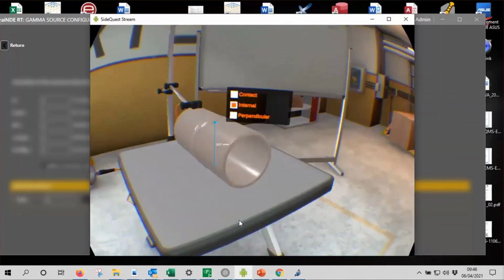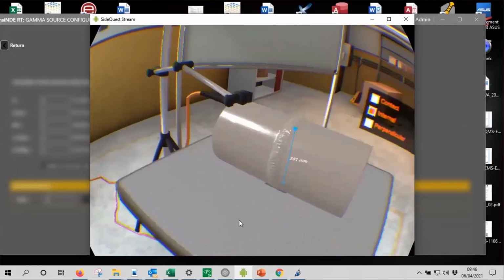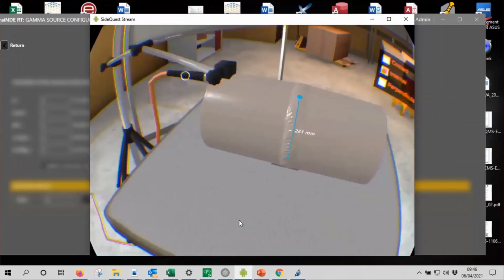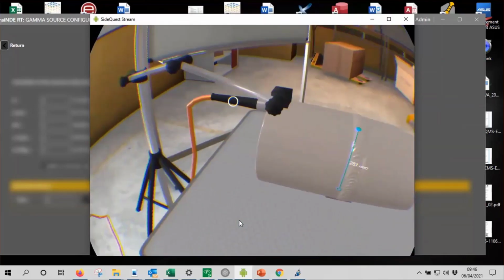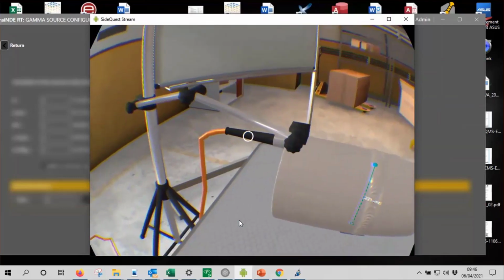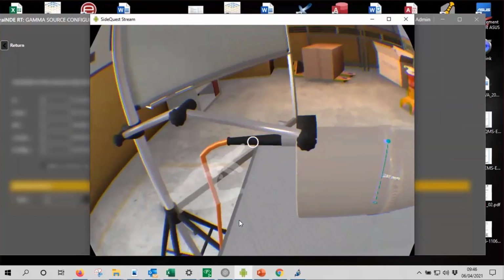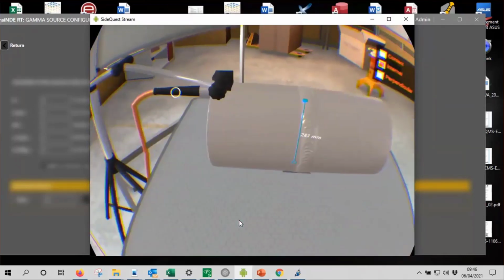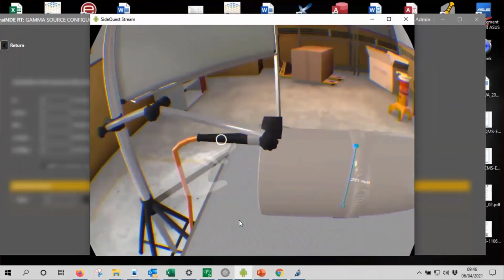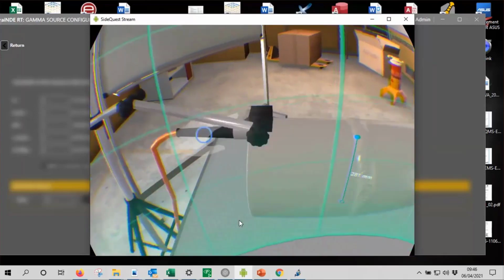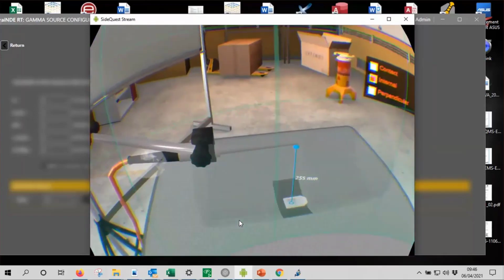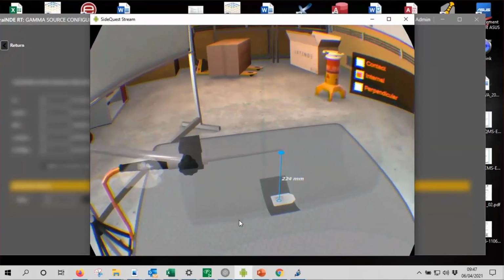The idea is then to position the source inside the pipe. Here you can see that you have a white circle telling you where you can grab the source. Just grab the source here. Okay, and then I can put my source wherever I want.